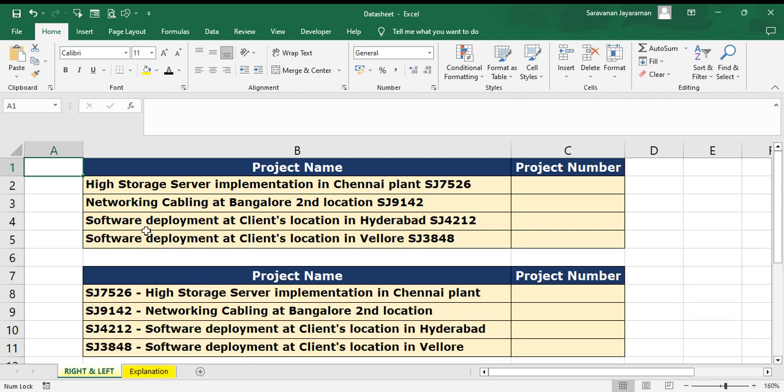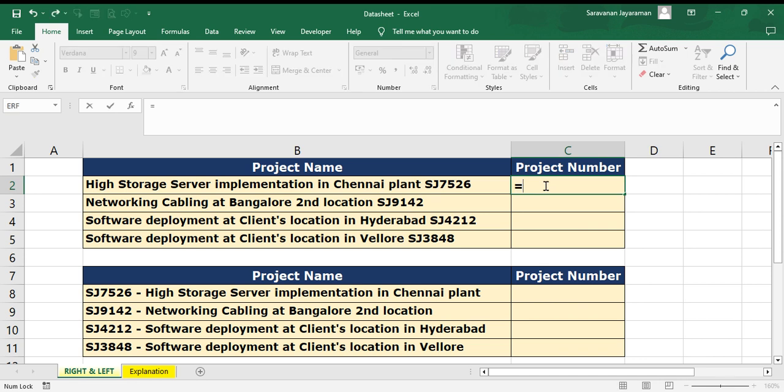Here we have the projects taken by the company, the description, and in the description we have at the end the project number. We need to pick only the project number. So to pick the project number, we will use the function RIGHT because it is on the right side of the text. So how would we write it? Equals to